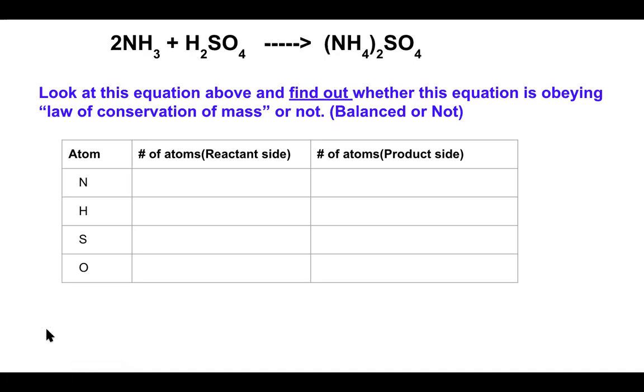Okay, so are you ready to check the answers? So how many nitrogen are on the left side? That is the reactant side. There are 2 nitrogen, 8 hydrogen, 1 sulfur,